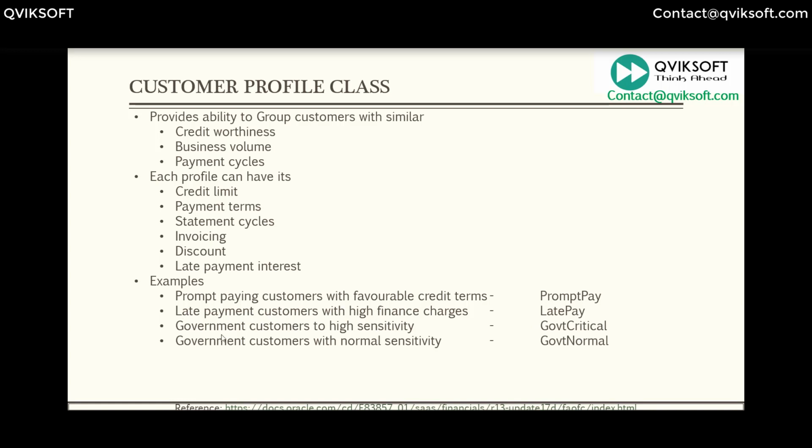Government, typically we also want to pay special attention to government customers, because if you're working in a geography, you have to make sure your government customers are attended to on time and there's no concern from their side. They can be high criticality customers, like defense customers and all that. You can call them government critical and government normal. So these are a few profiles and attributes which will help you classify your customers at a more detailed level. And this is assigned at the customer level and also at the customer address level.